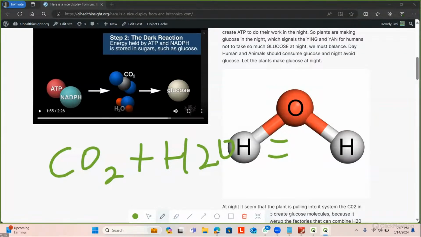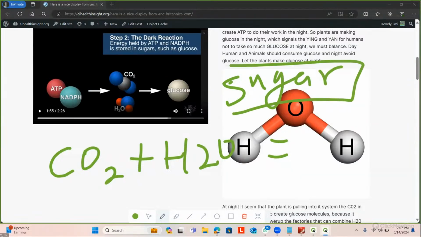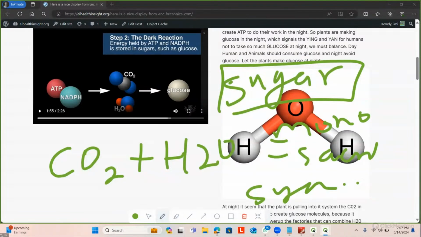Glucose is what? Our sugar. So when you speak about glucose, you're speaking about the monosaccharide or the sugar of the body, the sugar that we need. That's the sugar we just eat. So that is how the plant makes its sugar that we get from the plant. It combines carbon dioxide and water. That is why plants are important, because they take the carbon dioxide.